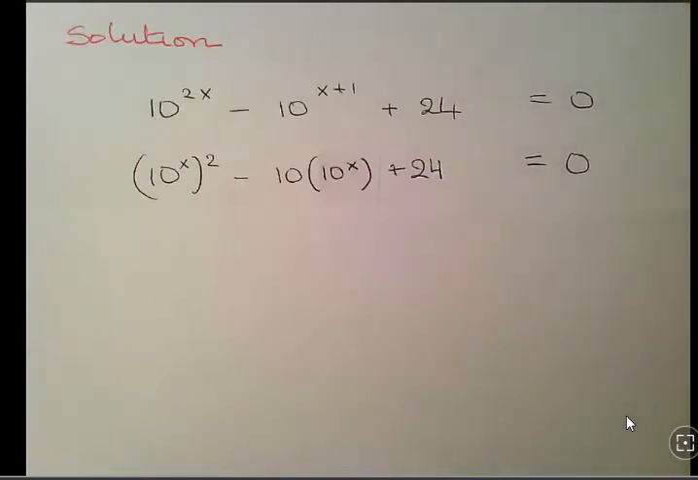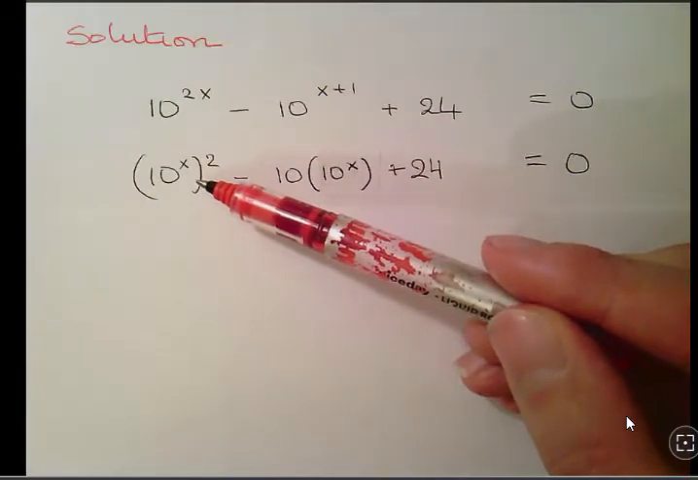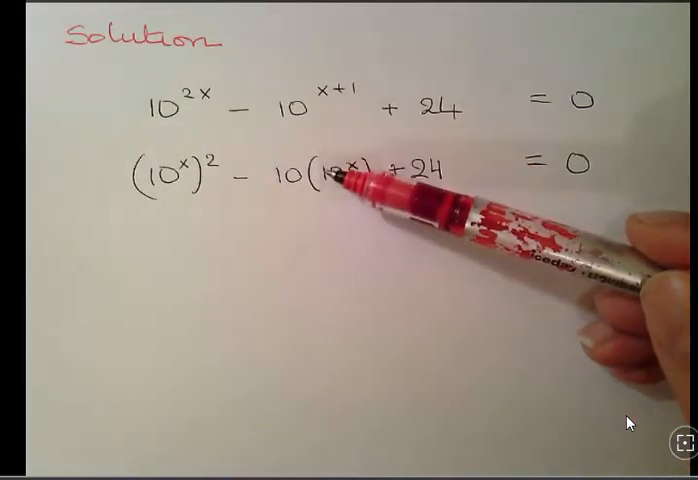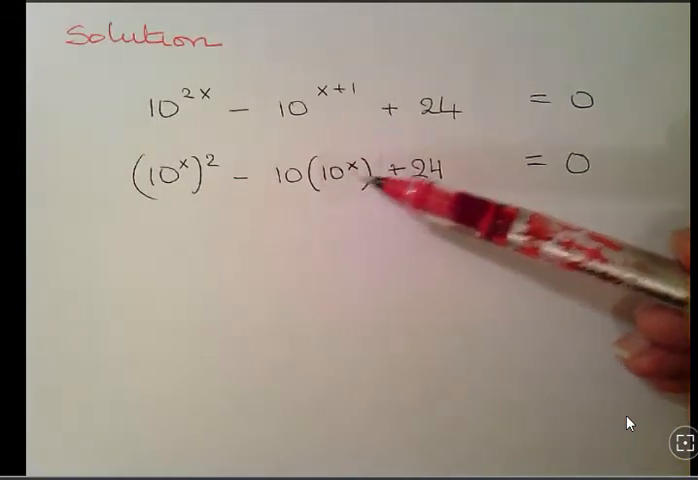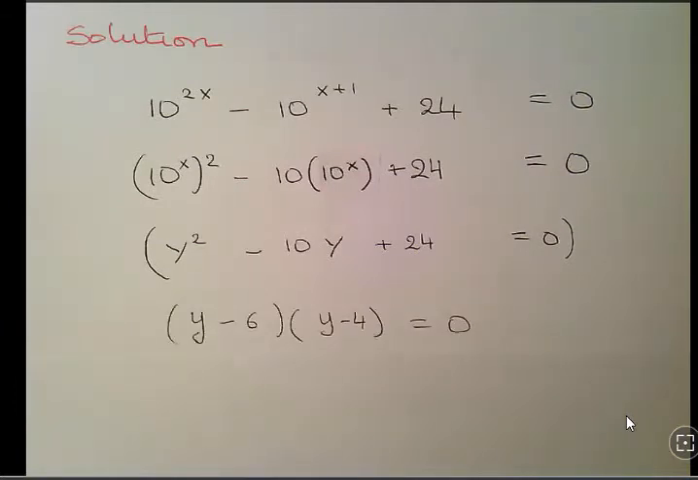So again, 10 to the 2x can be written as 10 to the x squared. 10 to the x plus 1 can be written as 10 times 10 to the x, and 24 we'll just leave alone. So what we actually have there is a little quadratic. I'm going to remark that what we have there is in this form, letting 10 to the x equal y. So this is a very simple quadratic expression, and you should be able to factorize it fairly easily. When you do factorize it, you should get y minus 6 times y minus 4 is equal to 0,